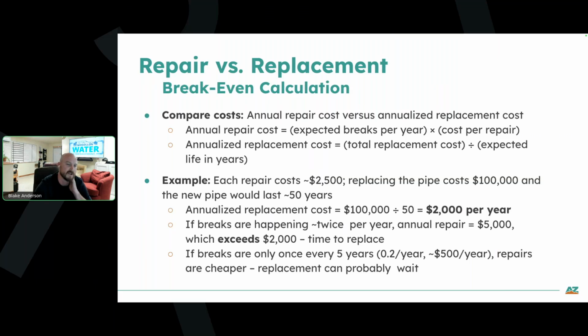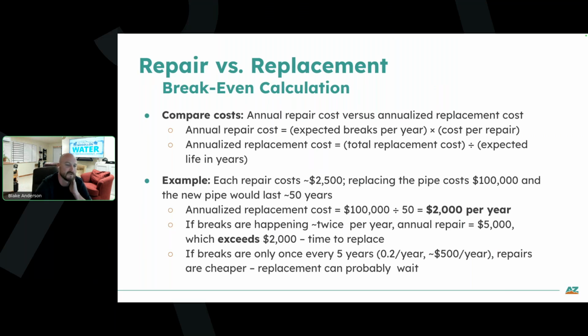And so let's say each break requires 2 of those 8-inch macros, maybe a stick of C900, 6 hours of labor for a 2 or 3-man crew, plus trucks and heavy equipment. Your all-in cost of repair, and hopefully it's not happening in a spot where you're having to patch asphalt or replace a sidewalk or something, because then it could really drive it up. Let's say it roughly comes out to $2,500 for a simple repair like that.